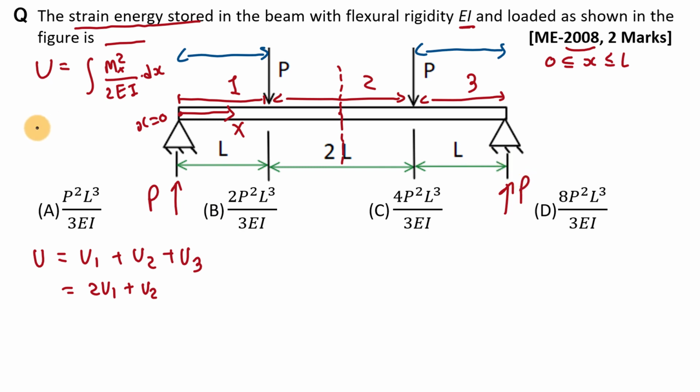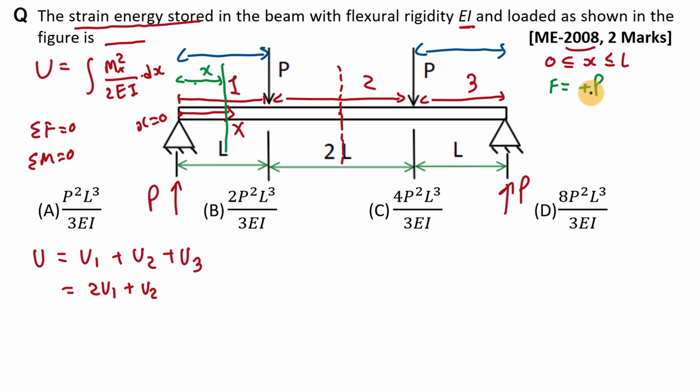And you can also follow same method of sigma F is equal to 0 and sigma M is equal to 0, and you can find out these reactions, right? Now see, if we want to find out bending moment, then first of all we have to find out shear force, and for that we have to take one section in this interval at a distance of x from this origin, and at this section we have to find out shear force. Now if we want to find shear force, then we have to take summation of all the transverse force acting on this beam on the origin side of this beam, and on the origin side there is only one transverse force, that is P, acting on this beam, and it is in the upward direction,